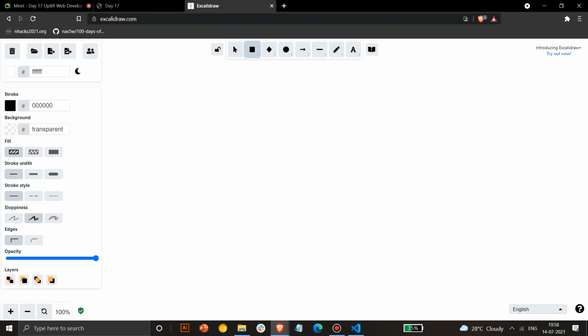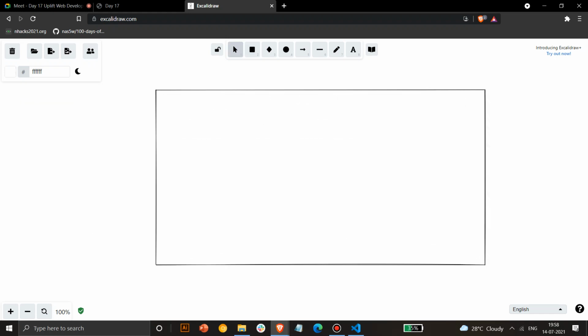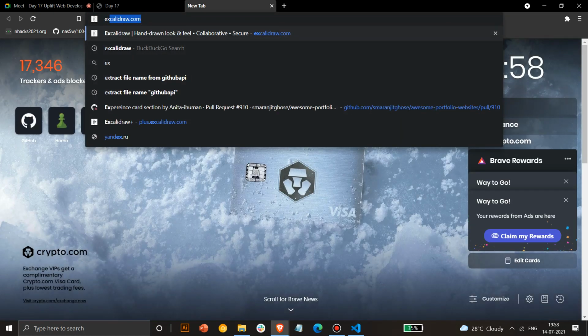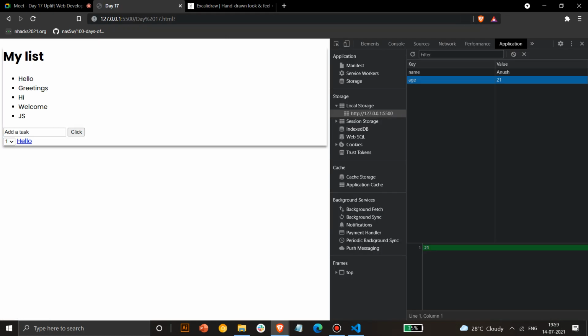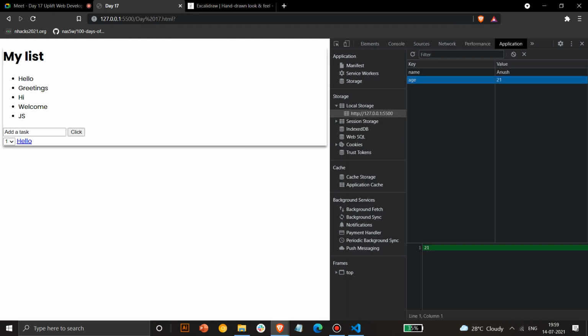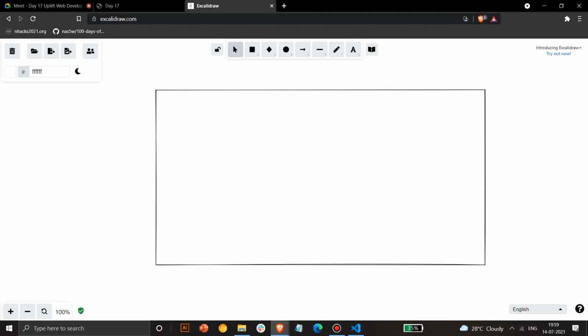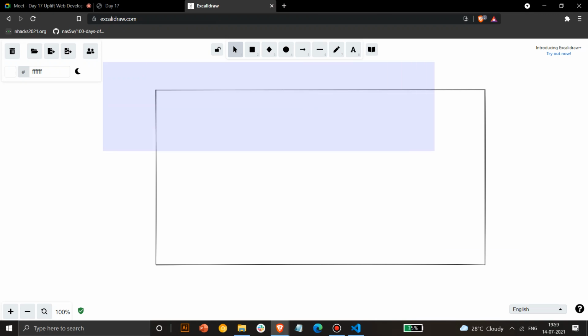Okay, I'll show you an example. Suppose I make a square box here, and I close this application, and it's not taking any of my data. If I open this application again, that box will still be present there. So this is done through local storage. It has saved my data in local storage, and it's now rendering this box again. Okay, did you get my point? It won't take personal details like this, it will take details like this. Okay, anonymous data which is specific to your browser.